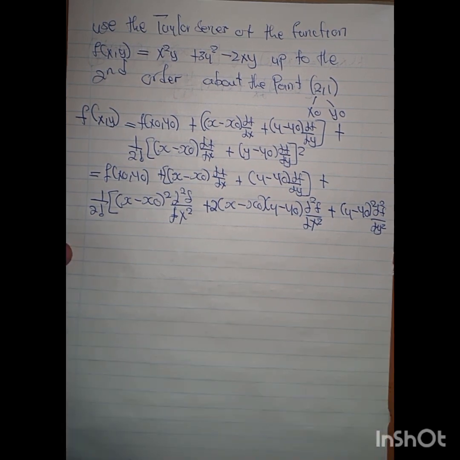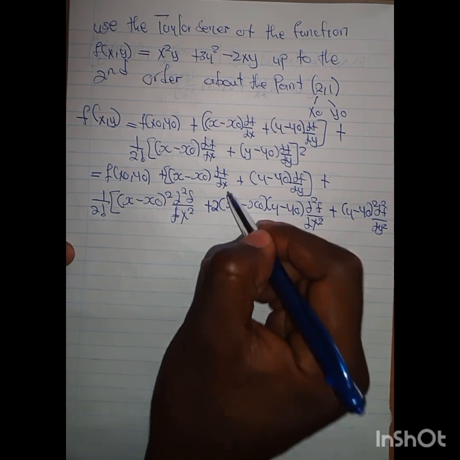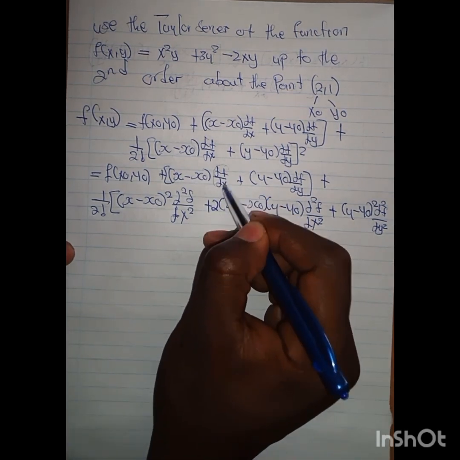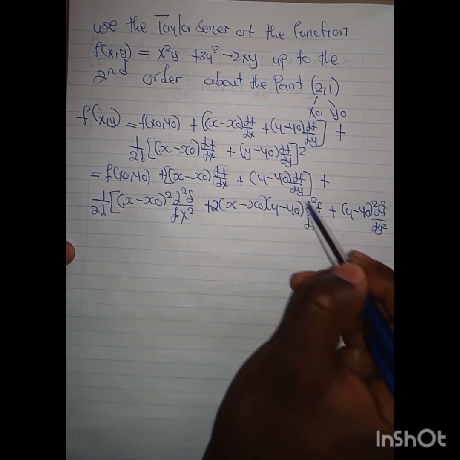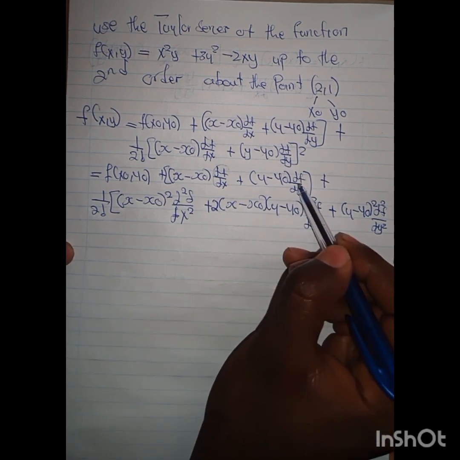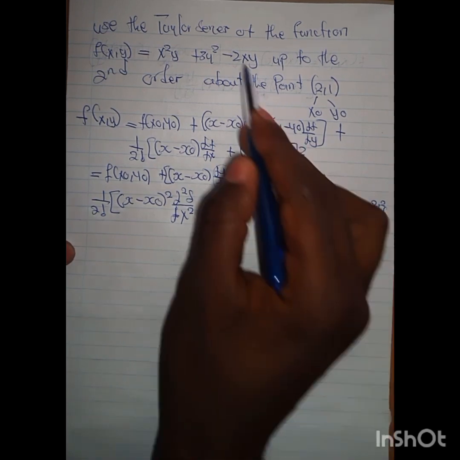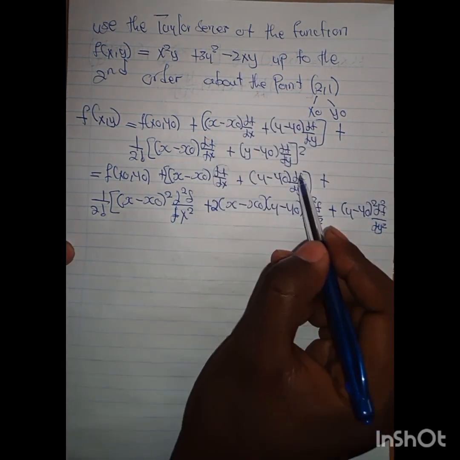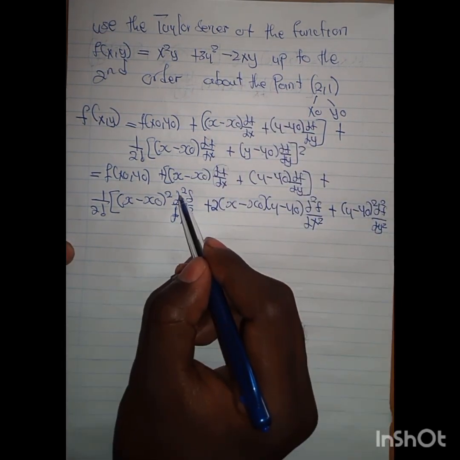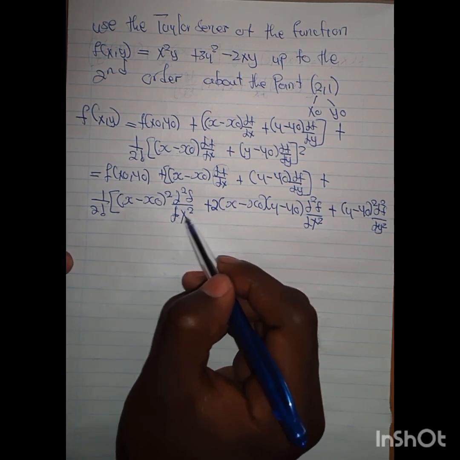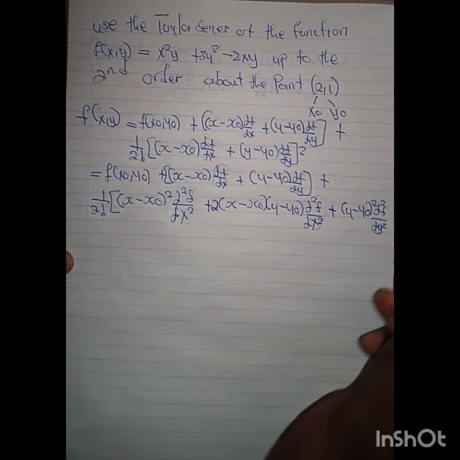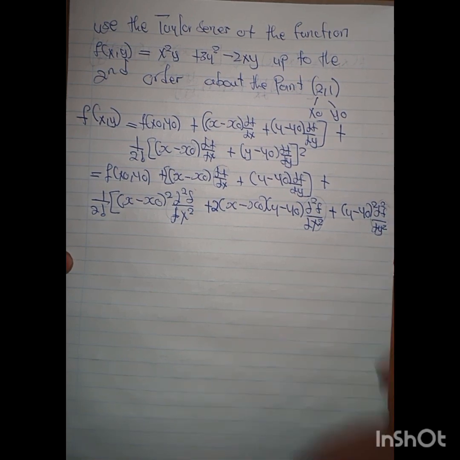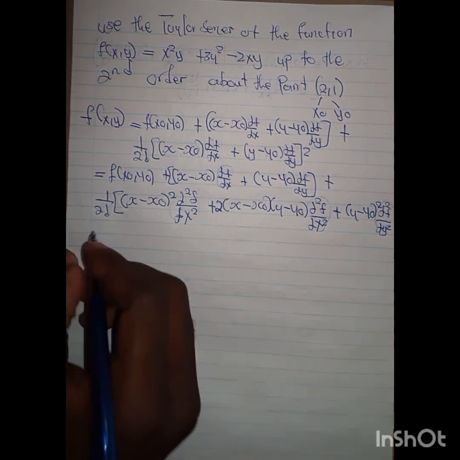Then now what we need is the following. We have to find df dx from this equation, and then we also have to find df dy from this equation, and then after finding df dy we can come and find d squared f over dx squared, and then the following, and then lastly we're going to find the remaining terms. So first let us find